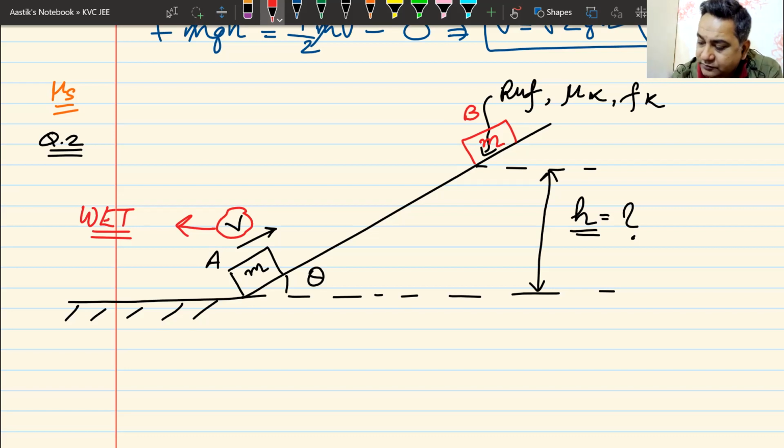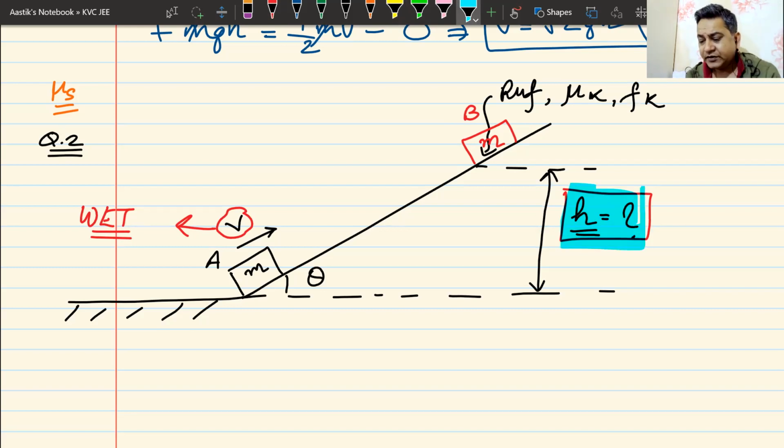Let us think about how I will get this maximum height, and there will be a lot of questions on this in different ways. How do I get this maximum height? What happens at this maximum height? It is not rocket science. We have already done it so many times. I project this like this. How long will it go? It will keep on going up. What will happen at the highest point? The same thing will happen at the highest point, which happens to this pen when I throw it up. When I'm throwing it up, it keeps on going up, keeps on going up. Till what point does it keep on going up?